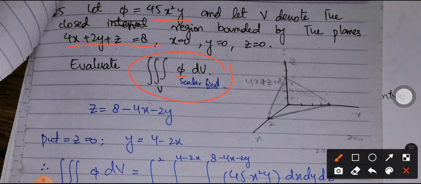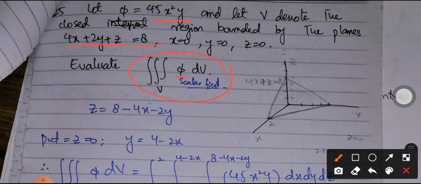As we have done in the previous part, when we solve a surface integral we have to draw the figure first, and then decide whether we are going to integrate in the xy plane or yz plane or xz plane. But when we talk about volume integrals, all the three variables are included. So we are going to draw the figure and then decide the limits with the help of the figure, and the three variables will be included in it. We are not going to consider the reflections of the plane in this case.